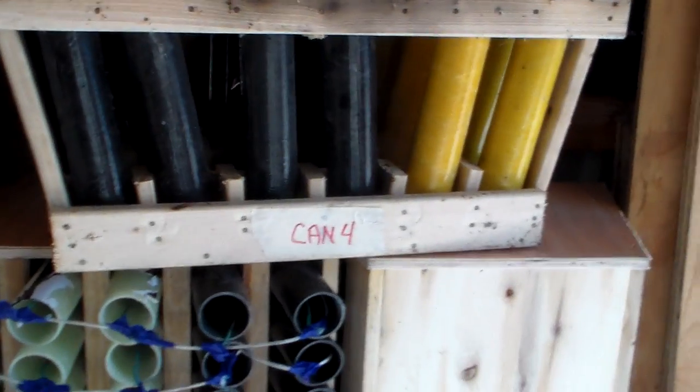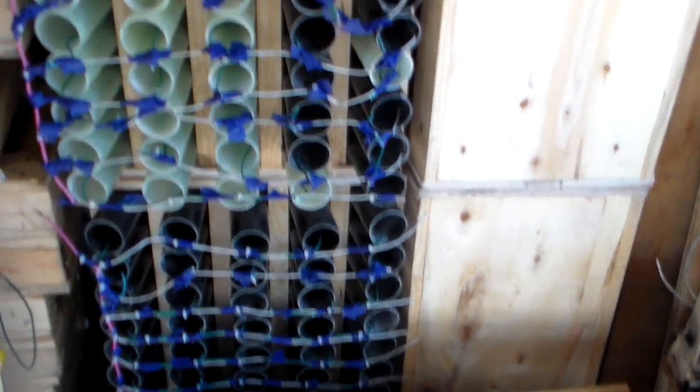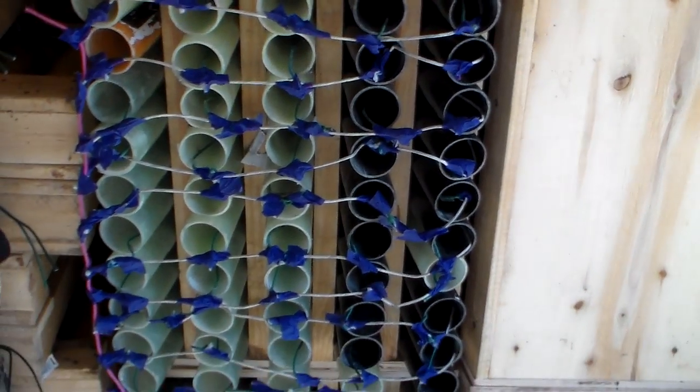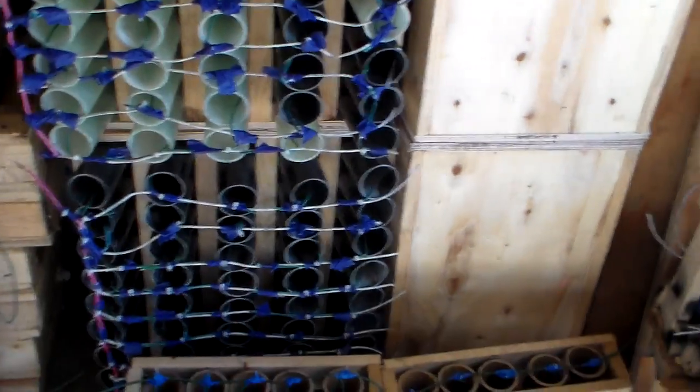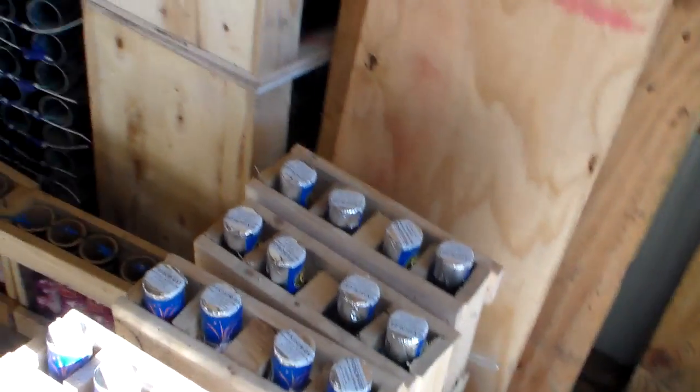Made all these things ourselves out of 1x3 using a nail gun. Except for these guys down here, these are 50-shot racks that I actually bought from Biggs, and we've got 4 of those. And a couple of those will be going off at the beginning of the show. The other 2 will be going off in our false finale. Here's some more